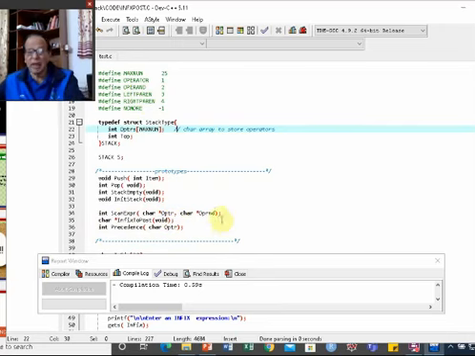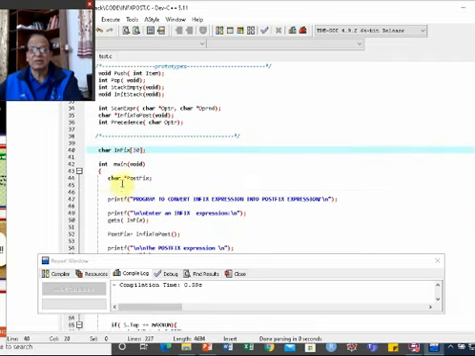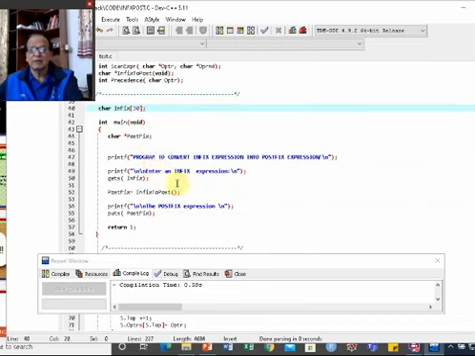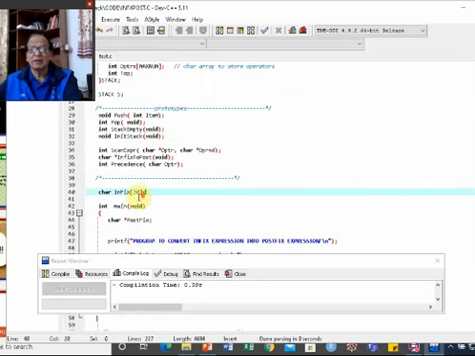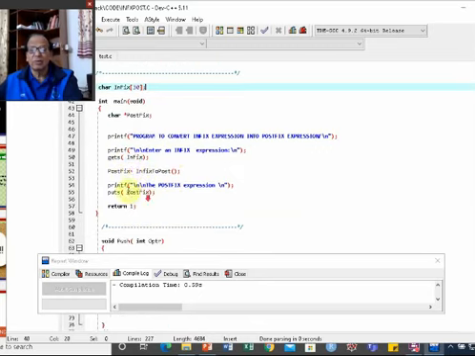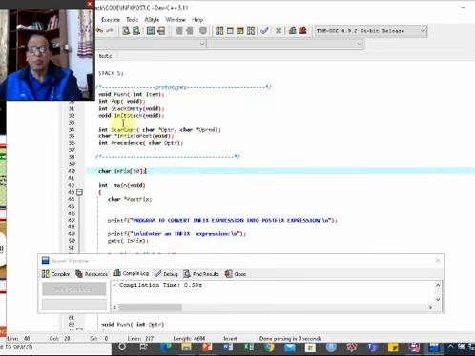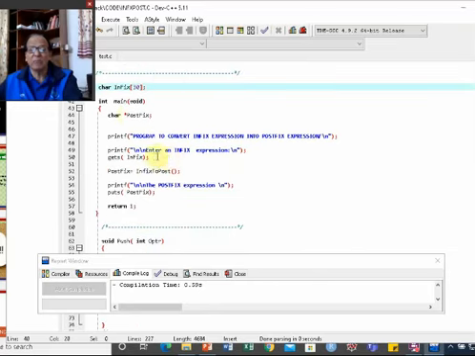So in the main program, as you will see here, we have declared character postfix pointer, and here we input the infix expression, and then we use this function infix to postfix. As you see, this infix to postfix returns a character pointer. In other words, it is going to return the starting address of the postfix expression.